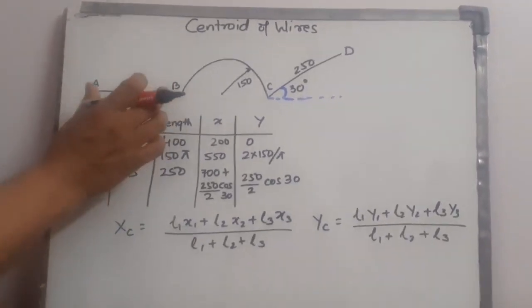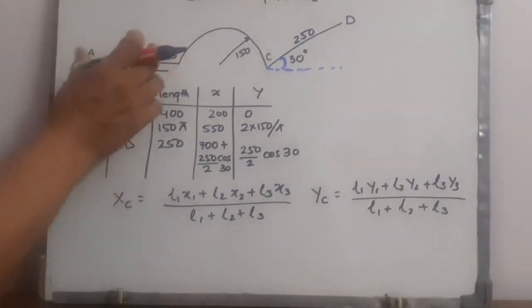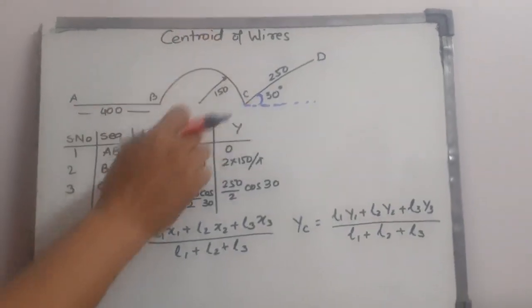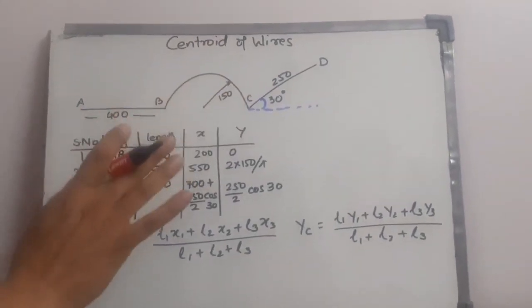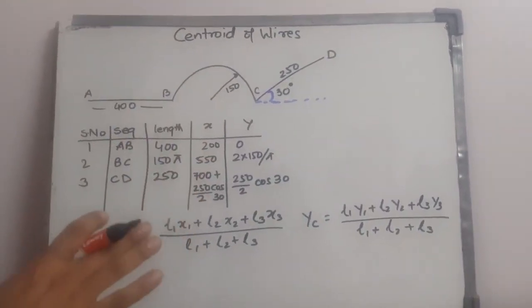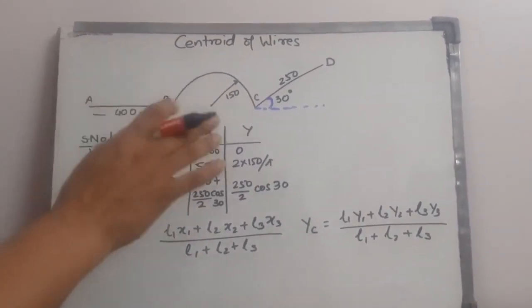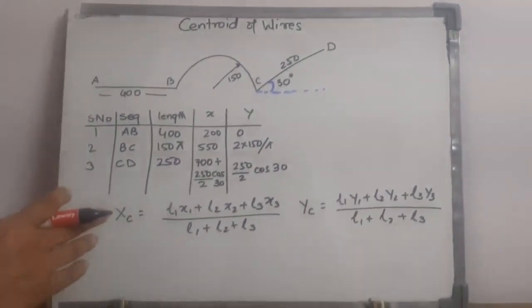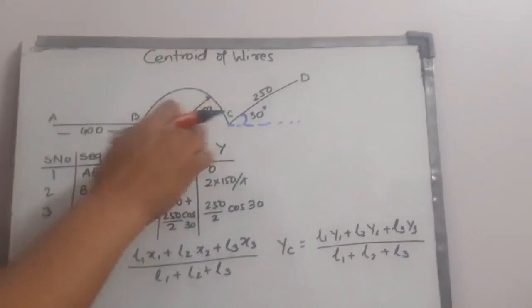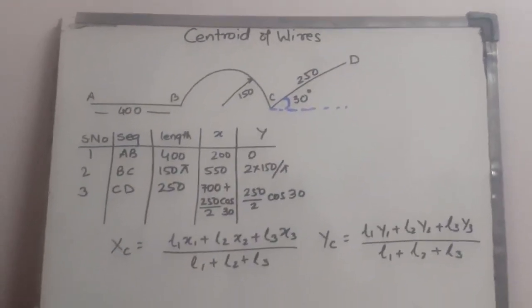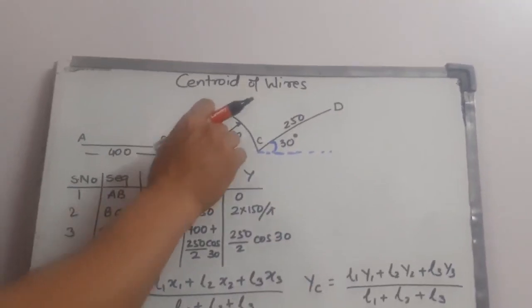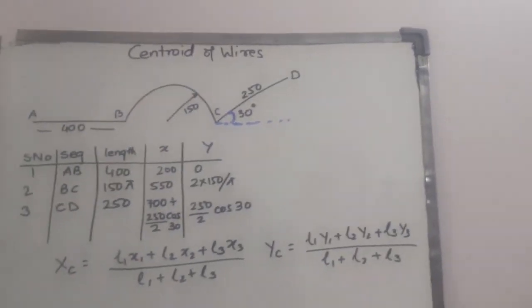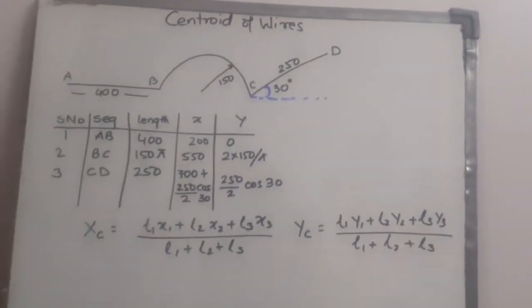This is a problem where you have a straight line segment of straight wire of 400 mm. You have a semicircular wire placed in continuation. These wires have to be continuous in nature, because if they are discontinuous, you will not be able to find out centroids. Moreover, in the case of area also, centroid is only applicable for closed areas. If you have an open area, you cannot find it out. So this is a semicircular arc which is formed by a wire, the radius of the arc is 150 mm, and you have an inclined wire of 250 mm length placed at an angle of 30 degrees.